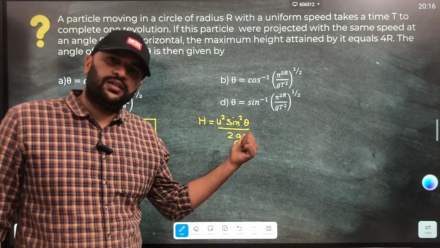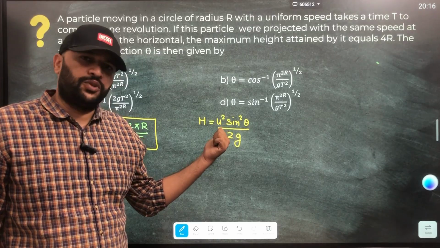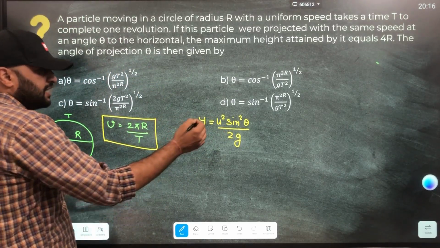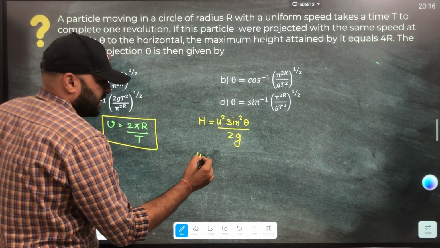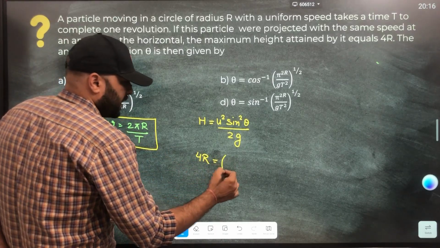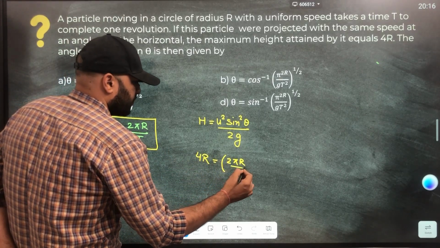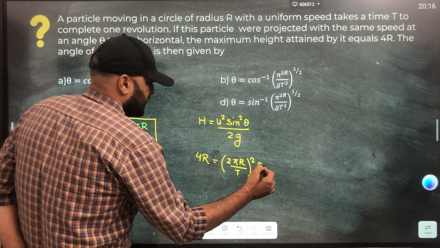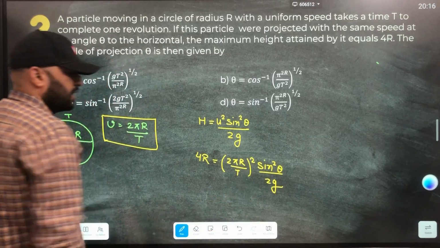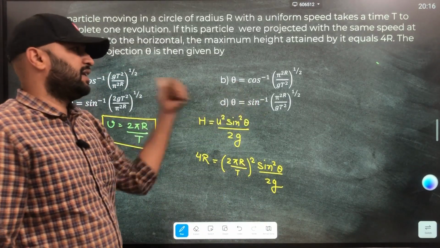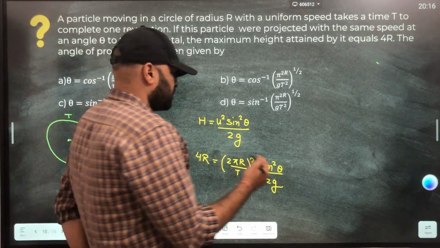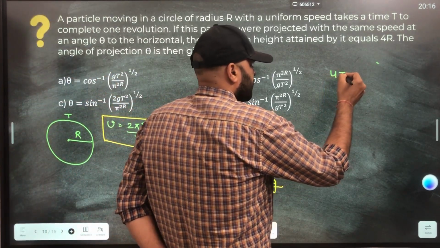So from where did you get this? We got this from projectile motion, right? So let's substitute it here. So u is this, h is 4r. The maximum height achieved by the projectile is 4r. U is nothing but 2 pi r by t whole square, sine square theta, whole divided by 2g. I hope this is clear. Okay, let's rearrange them and get it in one of the options. So taking this on the left hand side, it will be equals to how much? 4r,